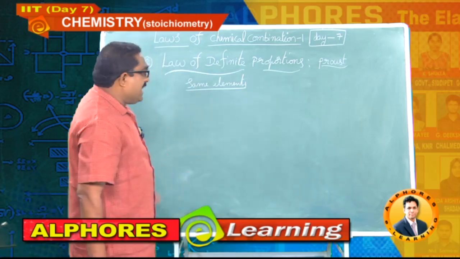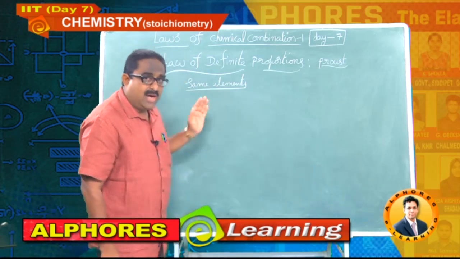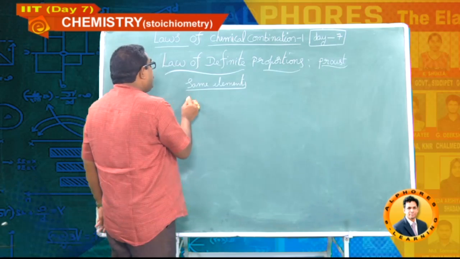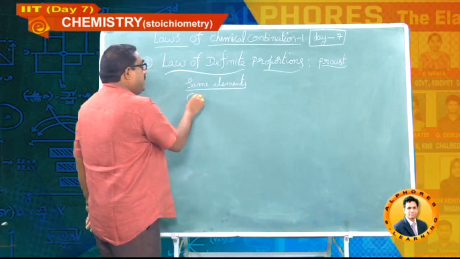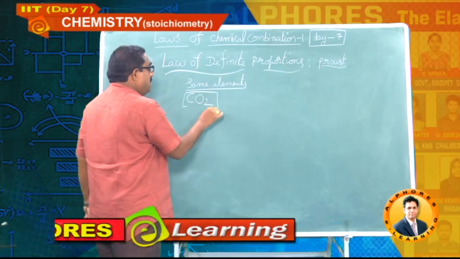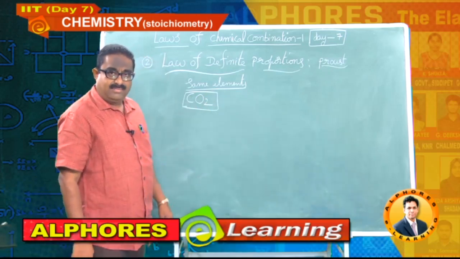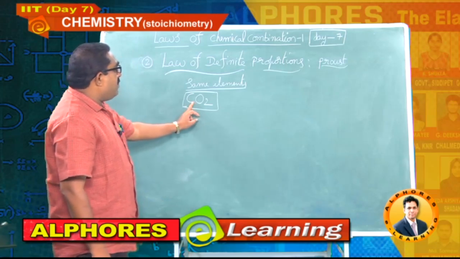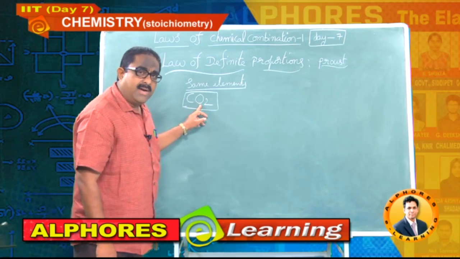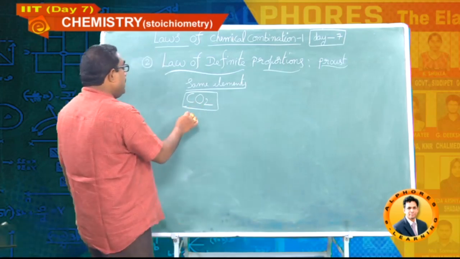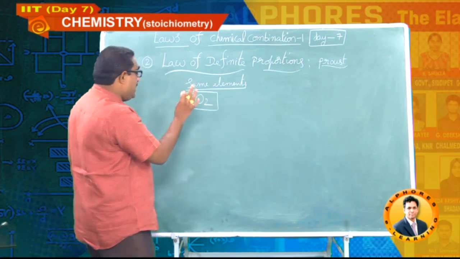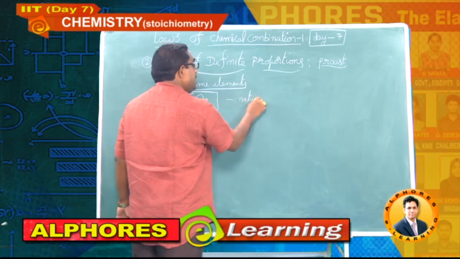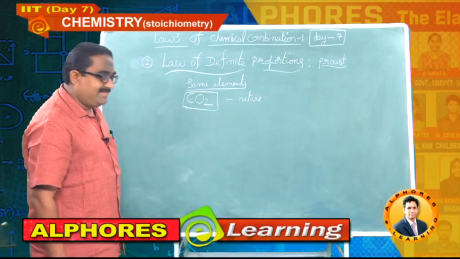Let me explain what exactly this law is saying to us. That is important. Okay. See here. Suppose you take a chemical compound, carbon dioxide. It contains only two elements, carbon and oxygen. Only two elements, carbon and oxygen. It is available in nature, and the atmospheric air will have it,